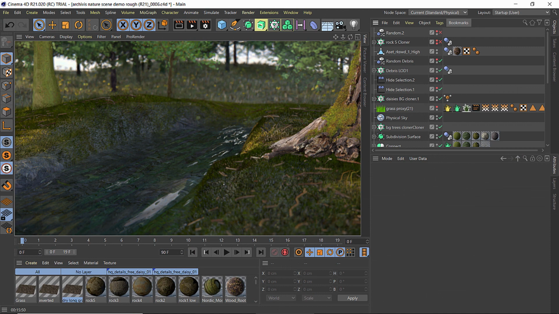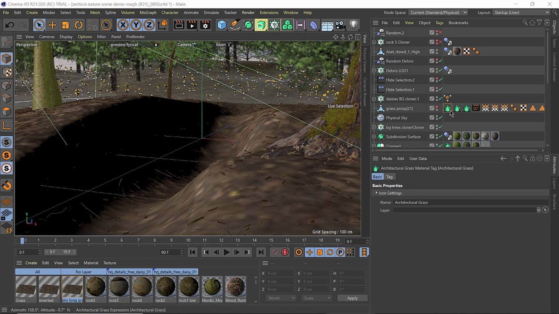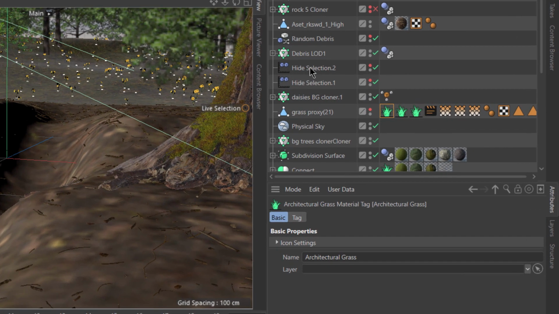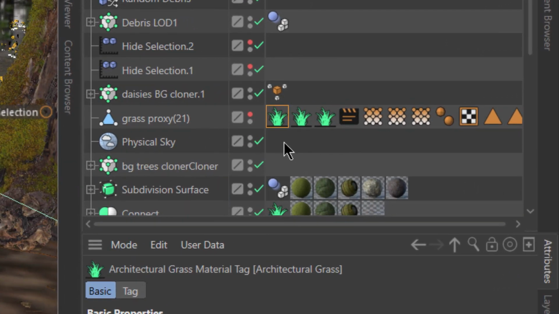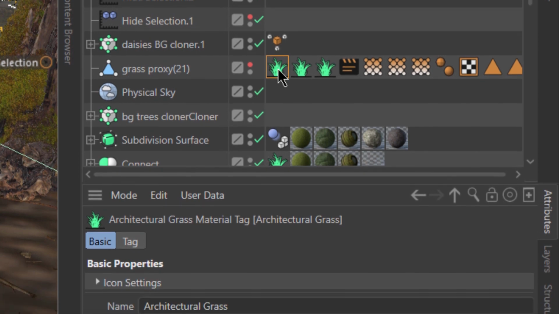One of the things that can really help us visually understand what's going on in our objects manager is being able to distinguish between different tags and objects. And with the architectural grass shader, we can't really do that, as is also the case with some of these other tags like the vertex maps, polygon selections, and so on. Now, what we can do in Cinema 4D Release 21 is we can actually single click to select that tag,